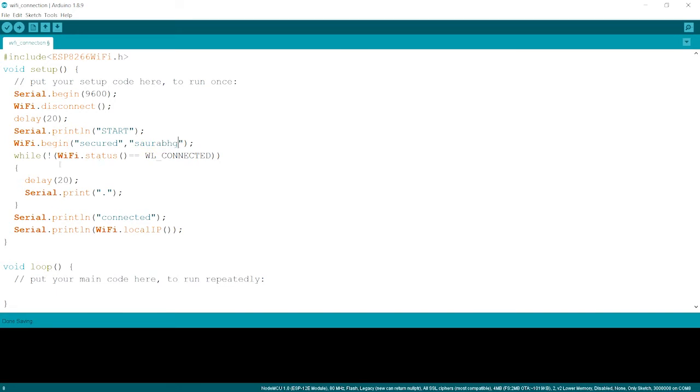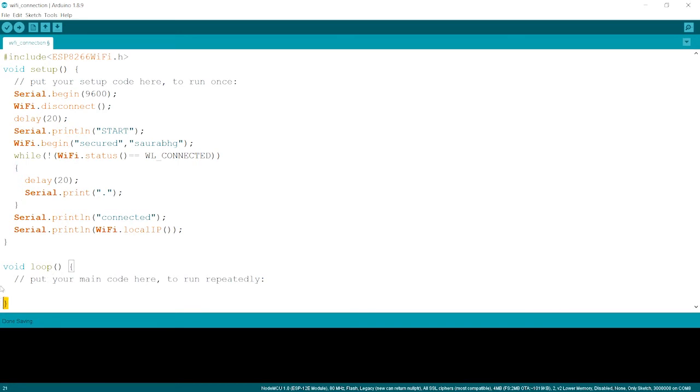Now, after beginning the Wi-Fi, we will check whether the Wi-Fi got connected or not. This statement plays a vital role here: while. What does while actually do here? While is a continuous or user-defined loop. As we know, void loop goes to the last statement and then moves back to the first.